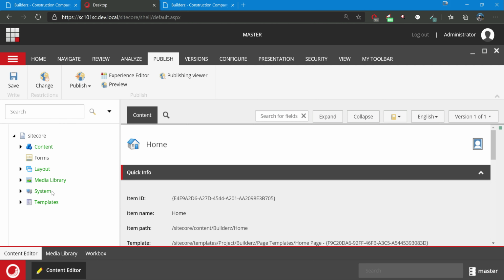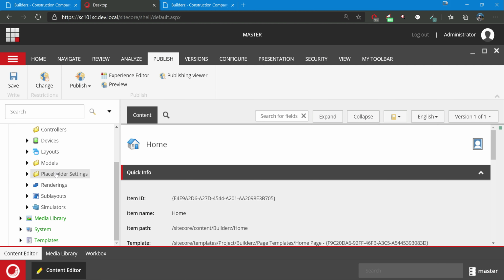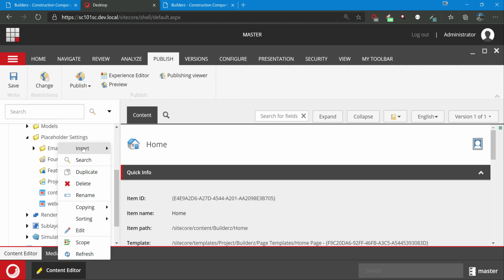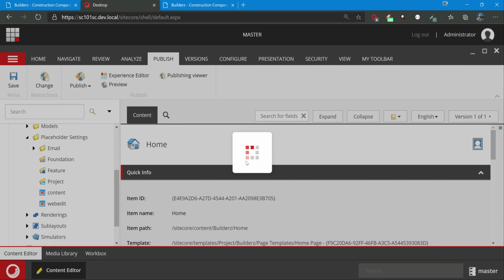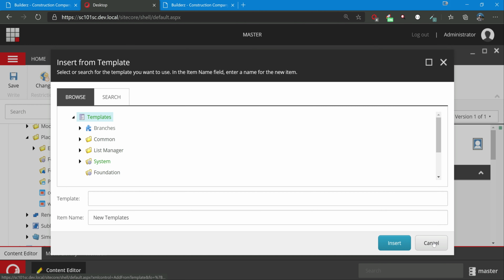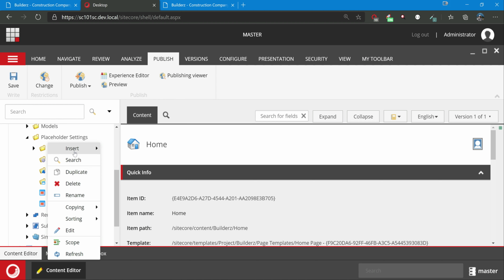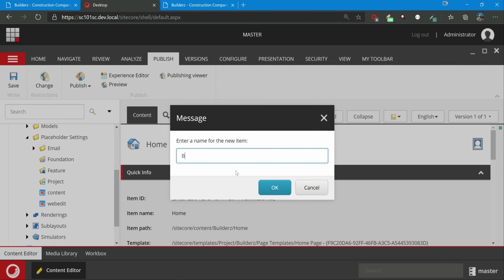To create a placeholder settings item, let's go to layout, and we will have placeholder settings here. There are some of them, but let's create our own. Again, just follow the same process. What is this template? I'm just creating one more folder here, Builders.